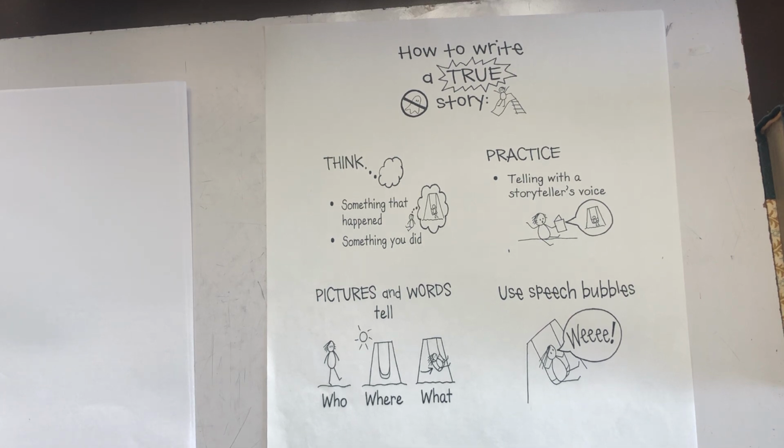Let's see, something that I did, something that happened to me. Oh, I know. This just happened today. So today was my husband's birthday, so I got up really early before anybody else, and I got all the stuff ready. I had to run out to my car and the garage and get all the presents and the decorations that we got. And we hid it, and I brought it inside and I set it up, and I had to go wake up everybody, and they came down, and everybody had hats, and we set up the cake, and it was early, and we had donuts, and we made it look all like a party.